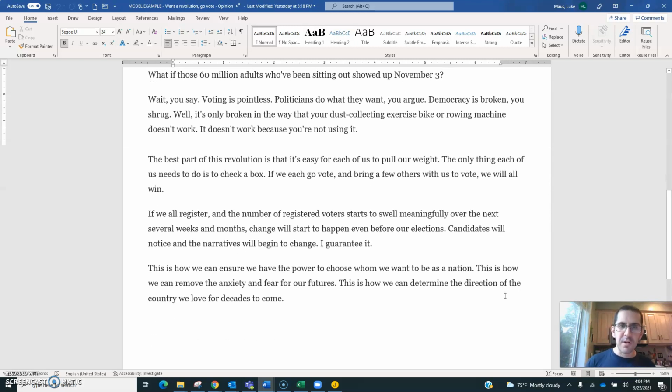If we all register and the number of registered voters starts to swell meaningfully over the next several weeks and months, change will start to happen, even before our elections. Candidates will notice and the narratives will begin to change. I guarantee it. This is how we can ensure we have the power to choose whom we want to be as a nation. This is how we can remove the anxiety and fear for our futures. This is how we can determine the direction of the country we love for decades to come.